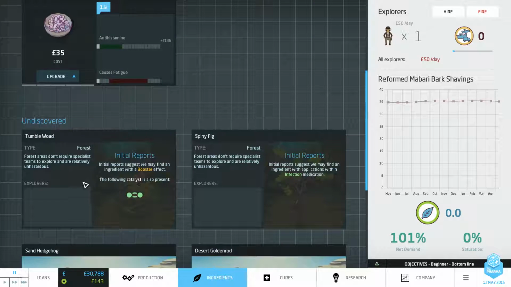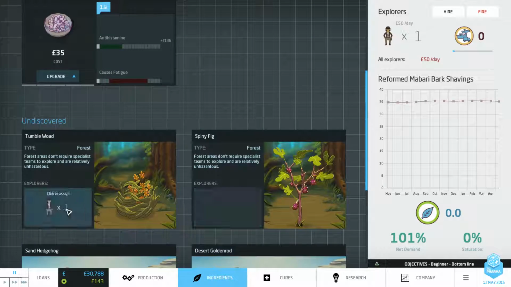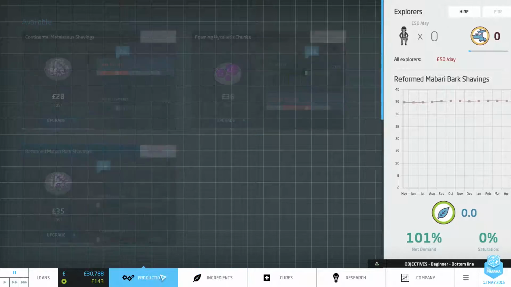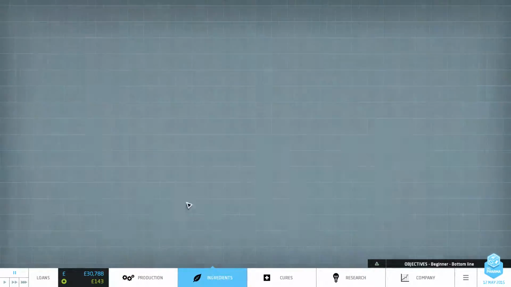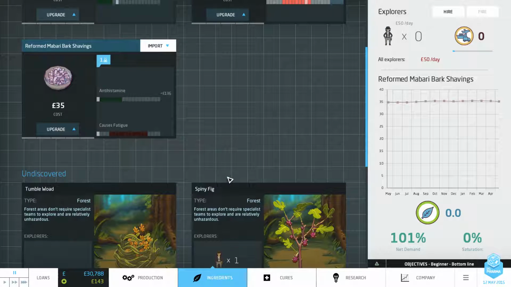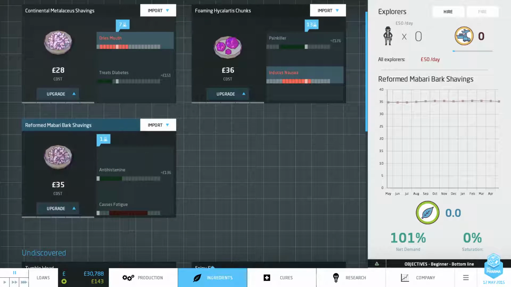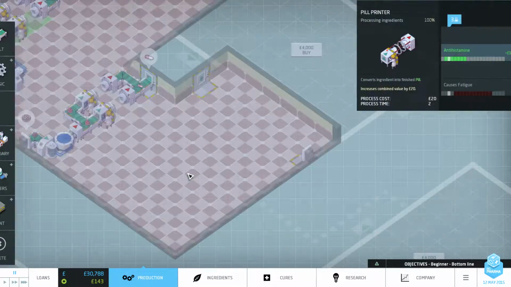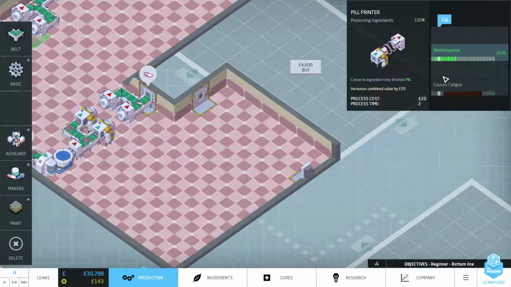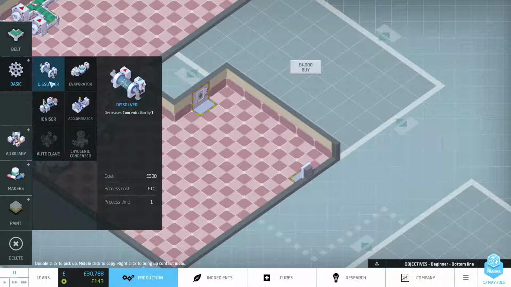Alright, so Explorer's finished. Let's go ahead and research. Explore this one. That one's got the booster effect, but it's also got a catalyst. We don't quite need that yet. No, actually, yeah, we don't quite need that yet. Let's just go ahead and get these spiny fig instead. Right, but now we've got the ionizer, I'm going to go ahead and try and